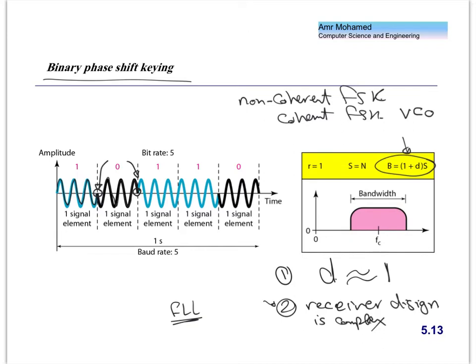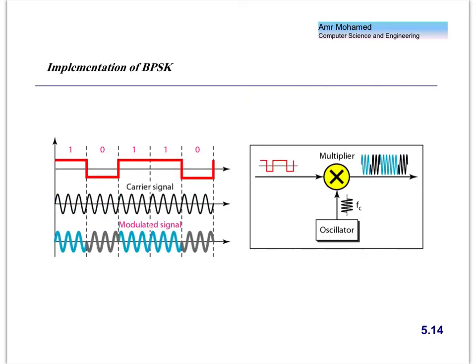So these two represent the cost that you have to pay for PSK in order to have the very nice advantages that we are bandwidth efficient and noise resistant at the same time. Bandwidth efficient and noise resistant. So we will show you visually in a few minutes why the binary phase shift key is very much noise resistant compared to ASK. That's what we need to visualize.